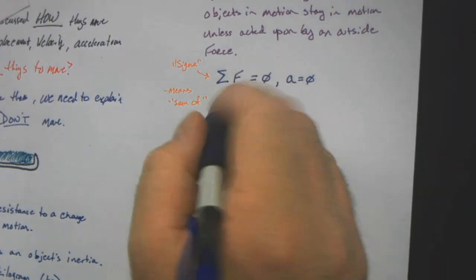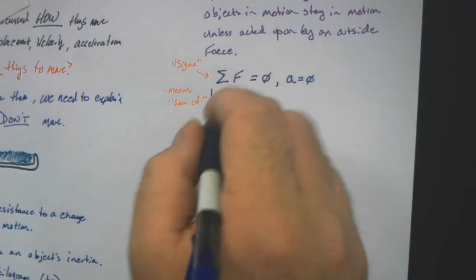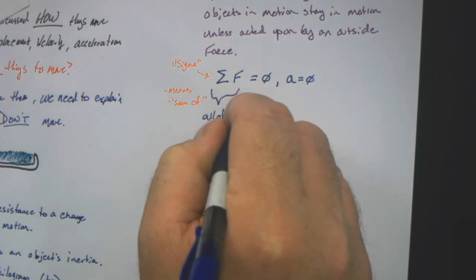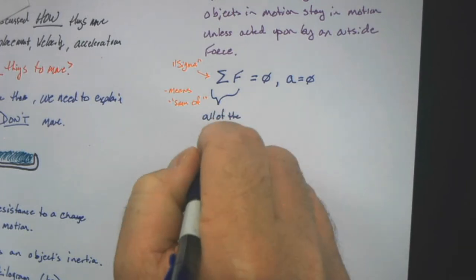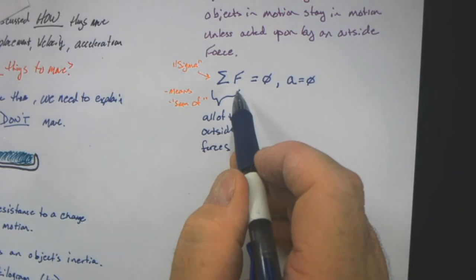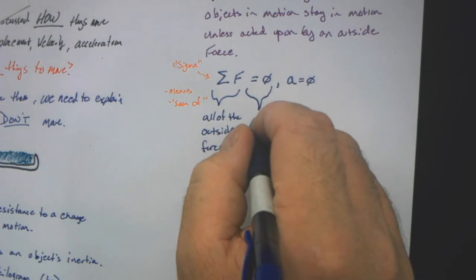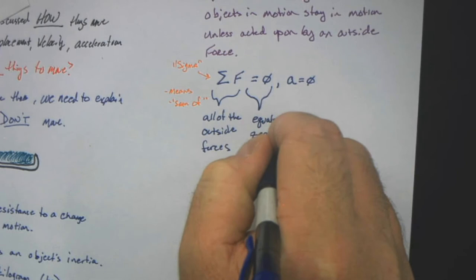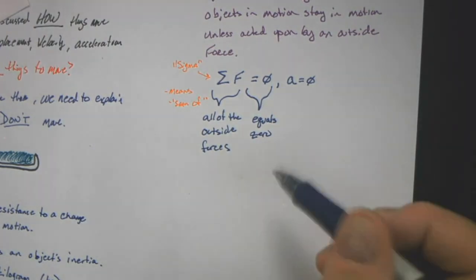So, this is the sum of the forces, or this part here means all of the outside forces. Okay, that one's pretty straightforward. If all of the outside forces equal 0,